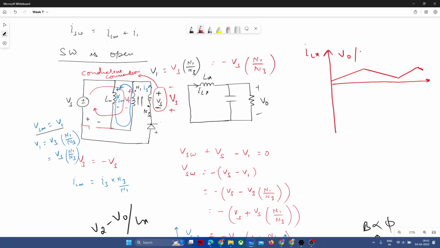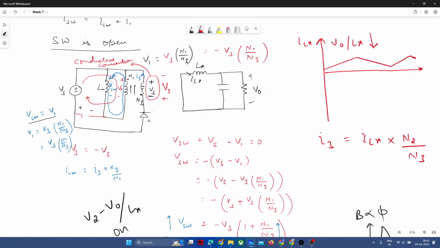V naught by Lx has been reduced since we have increased the Lx. Now this current is reflected on the tertiary terminal of the winding of the transformer. So I3 is equal to ILX into N2 by N3. So the magnitude of I3 based on ILX we have got,